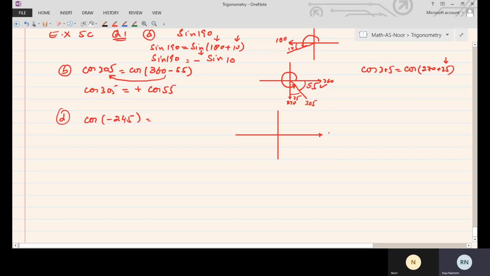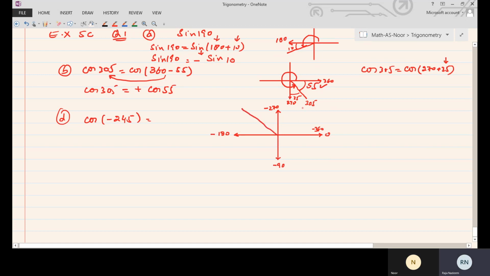If I started with 0, then in the clockwise direction this angle would be considered as minus 90, this angle as minus 180, this angle as minus 270, and this would be minus 360 if you take a complete round. So minus 245 would be in the